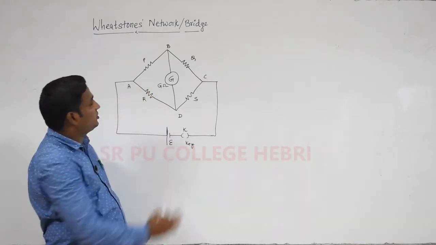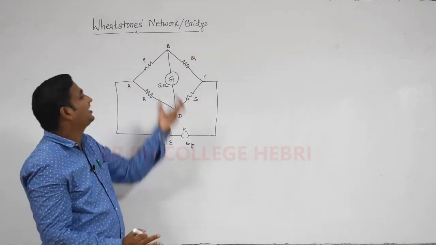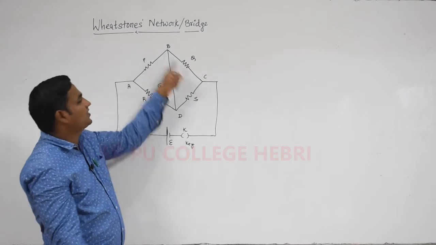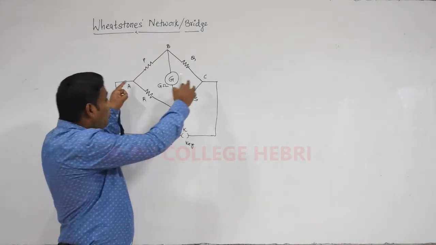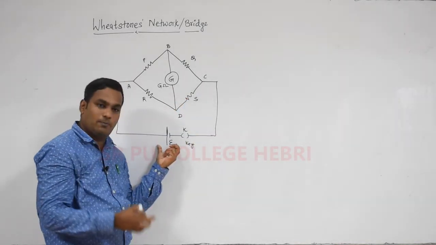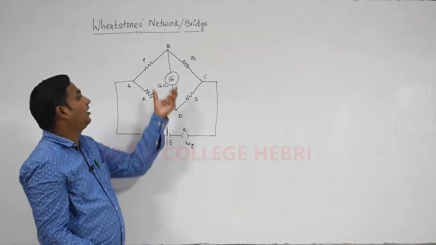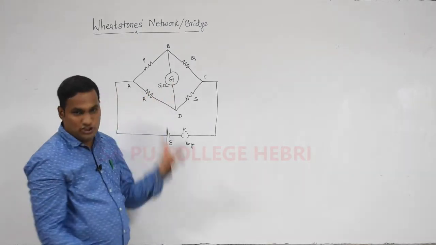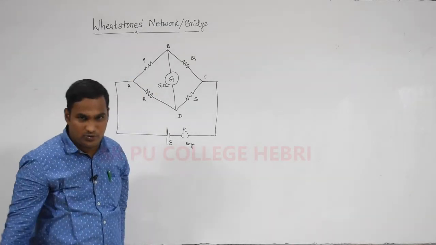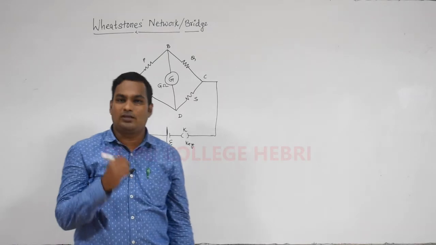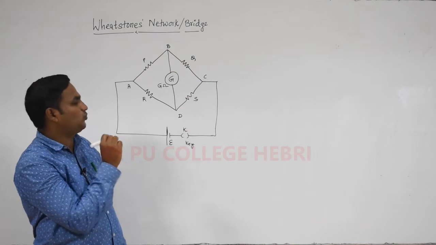Remember, the Wheatstone bridge is like this. It contains 4 resistors connected in a cyclic form in the shape of a quadrilateral. Here 4 corners are there. Across the 2 corners A and C we connected a cell or battery of EMF E with the support of K, and across the remaining 2 corners B and D we connected a galvanometer of suitable resistance G ohm. Now this is the representation of the structure of the Wheatstone network or Wheatstone bridge. By using this we have to obtain the balanced condition of the Wheatstone bridge. We will discuss all the things one by one.